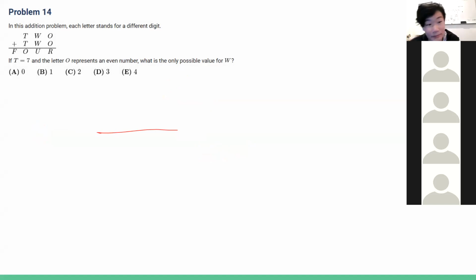If t equals 7 and the letter O represents an even number, what is the only possible value for W? All right, so let's write out t first. T is 7. That makes whatever is down here a 4, because 7 plus 7 is 14. And we carry it over, and that means F is also 1, but we don't really need to know that. So since this is 4, and this is where O is, we know that these two O's are 4, right? And so because of that, this is 8. Now we need W